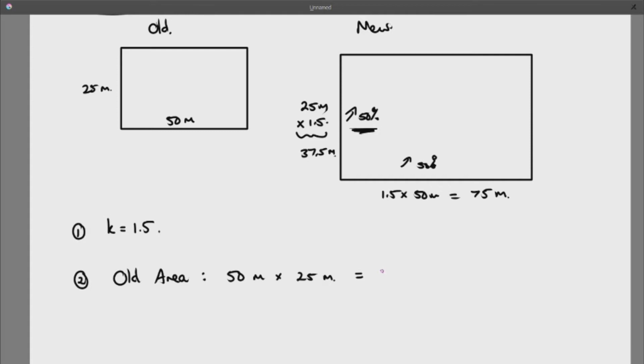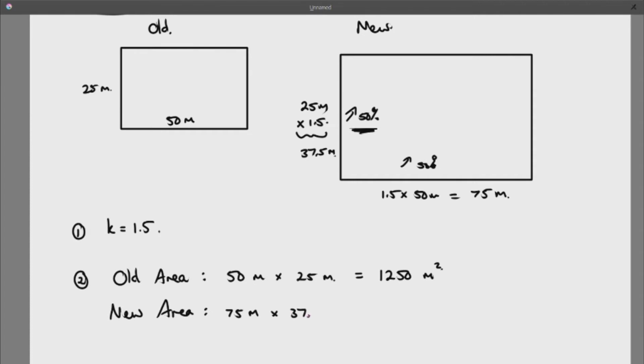Does anyone want to share what they get? 1250 meters squared. And then, of course, I have a new area, which I calculate in the same way, 75 meters